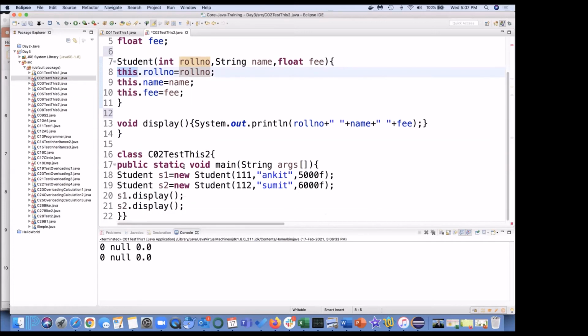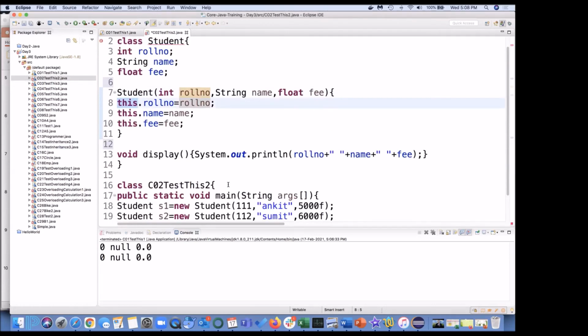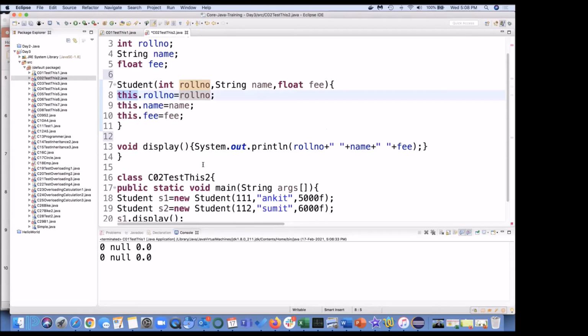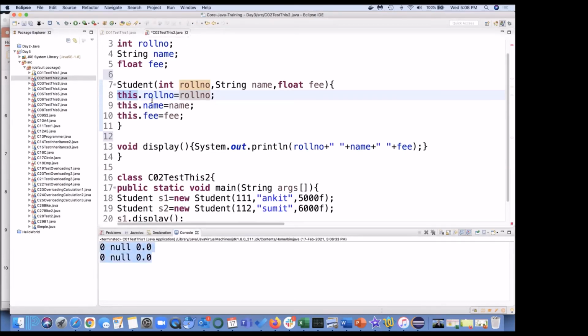Say here if I write S1.rollNumber, it is 111. We have already seen this example earlier. At that time we were getting the value and it was printing 111 for the roll number of S1, or when we print the display object. But in the previous program the output was this.